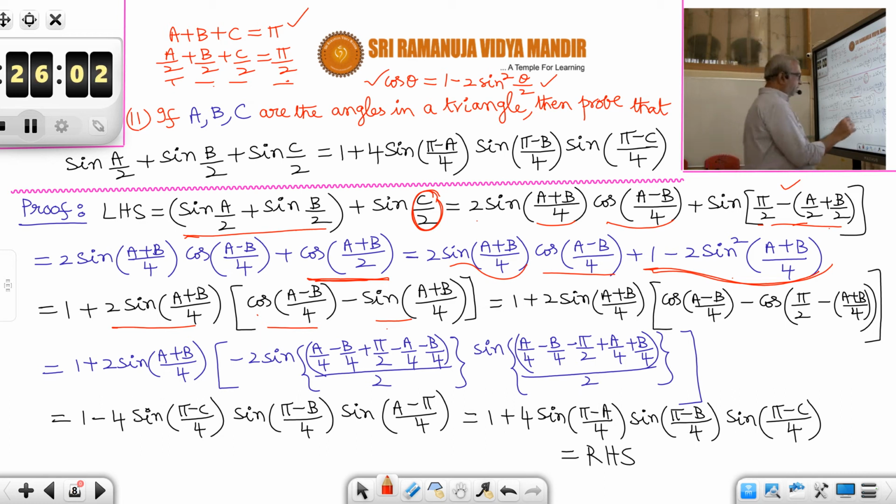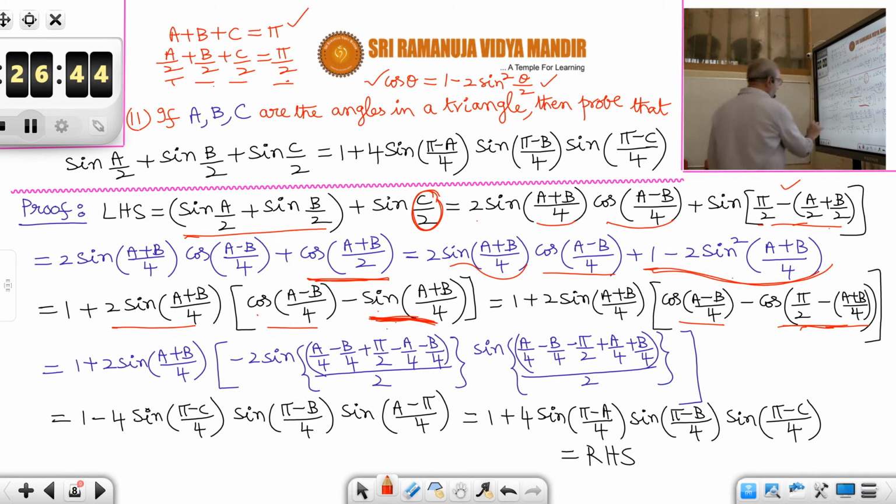So that is why, what is happening, how we are writing this sin, we have to write this sin in terms of cos, or this cos in terms of sin. Anything is okay, but here I have chosen to write this sin as cos. How do you write sin theta in terms of cos? Sin theta is cos 90 minus theta. So that is what I am doing in the next step here. Remaining all no change, but here sin theta I am writing cos (pi by 2 minus a plus b by 4). Now both are cos, so you can apply the transformation cos c minus cos d.